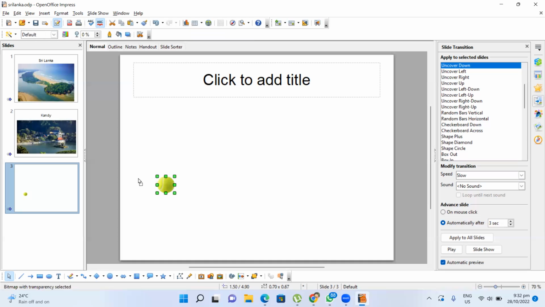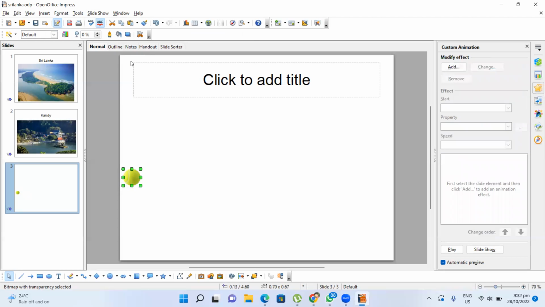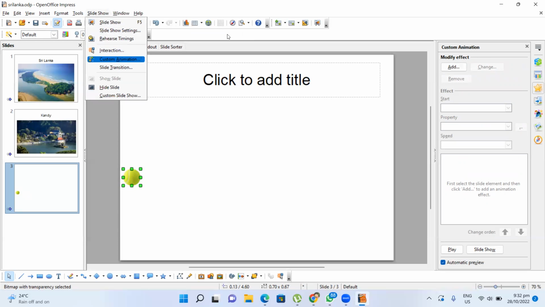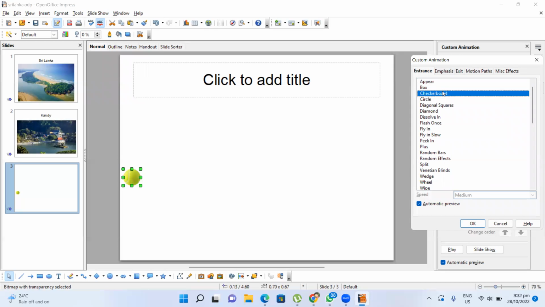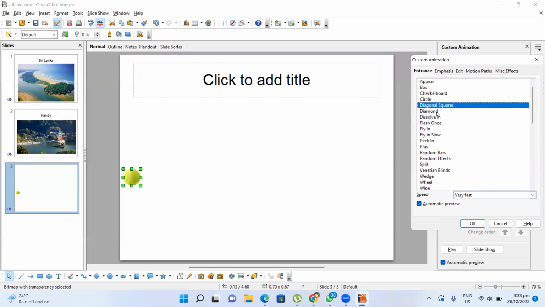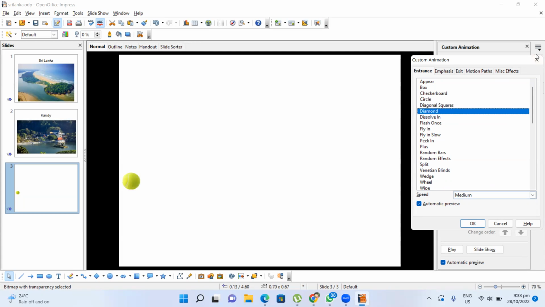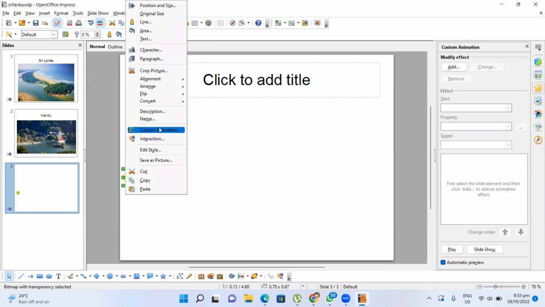Okay, I need the ball to start moving. I need to animate the ball. So I'm clicking on the ball, then go to the slideshow, custom animation. Right, slideshow, custom animation. And here I can add effects. So different things are there. Here you can see I have selected the ball, right? The ball, custom animation,